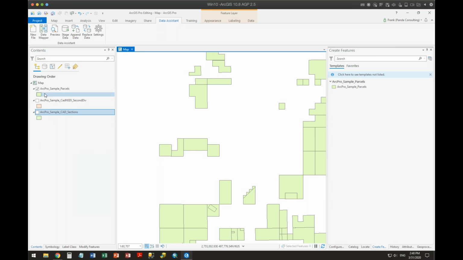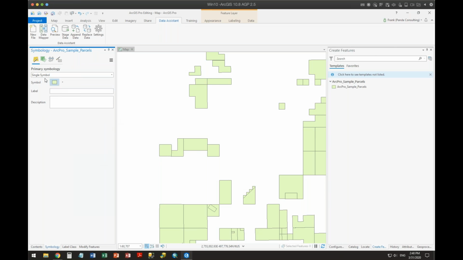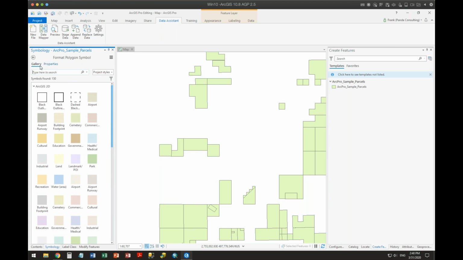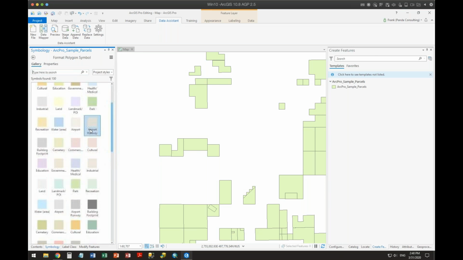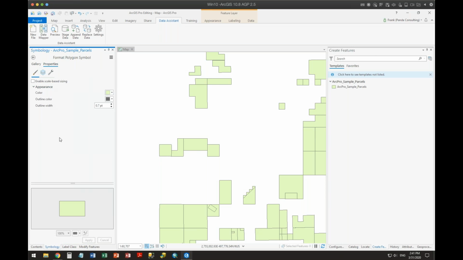If I click on this right now and I go to symbology, right click and go to symbology, here it is. It's a single symbol. But I can click on that and here's a gallery of predefined extents. I want to dig down into properties and click on these. Here's the various elements of this symbology.